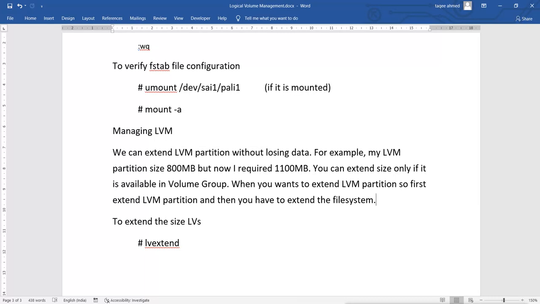And to verify, remember: if you use lvdisplay, it will show that it is extended, but actually it is not extended because of the file system. So to verify whether the LVM partition is extended or not, which command should you use?